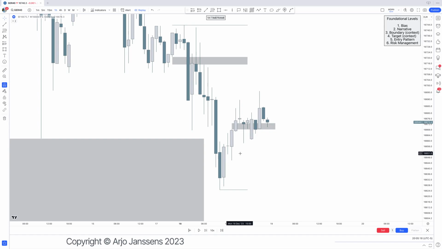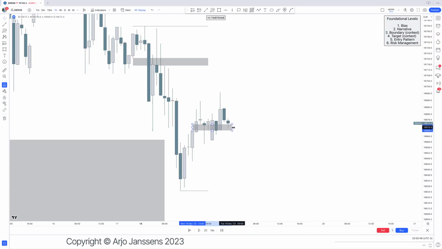If you want to enter off of a weekly fair value gap, a weekly PDRA in general, then you would want a 1 hour ST plus re. But you can go into the lower time frame off of just a 1 hour ST, right? So if we just have a 1 hour ST, it's not an entry in a filtering process trading plan. But that is an entry in flow trading plan. Why is that? Because if we now trade back into any discount array that is sitting right here in the form of that ST right there, then what can we do? We can look for now a 1 minute ST plus re inside that